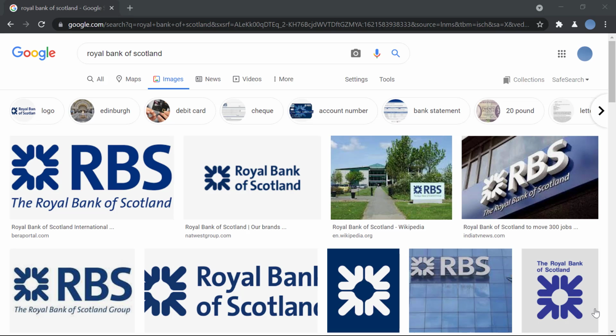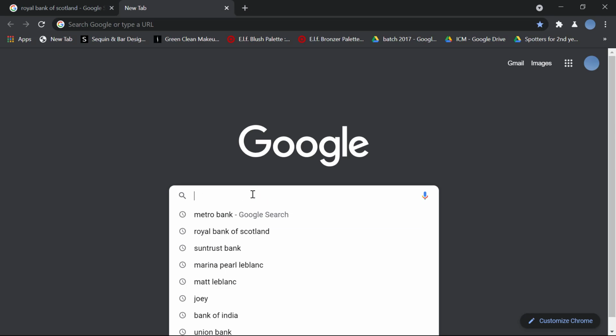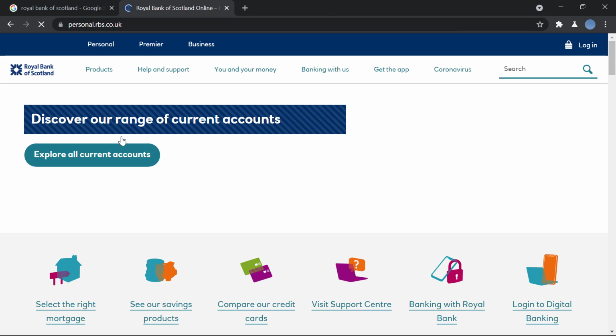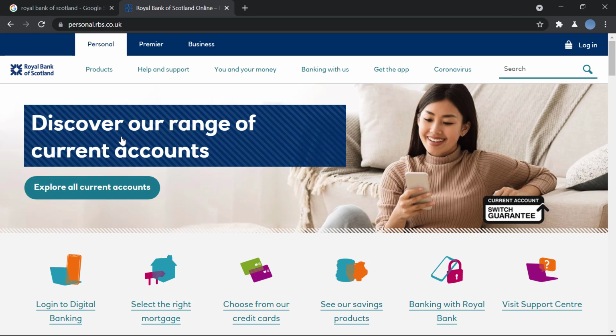So let's get started. First you open your browser and go to Google, and on the search bar you will search for Royal Bank of Scotland. And so personal.rbs.co.uk is the official website for Royal Bank of Scotland. So once the website is loaded,